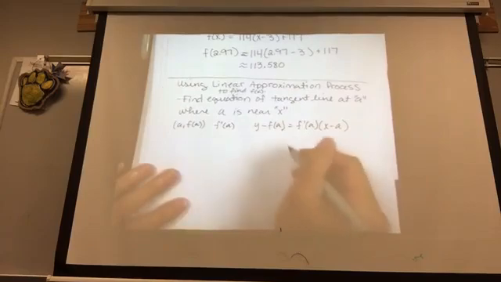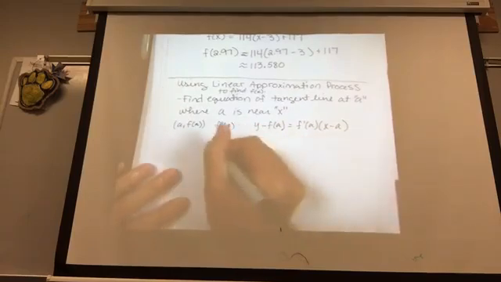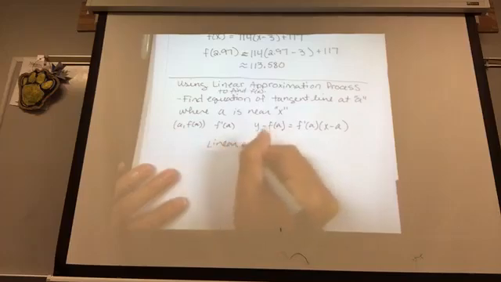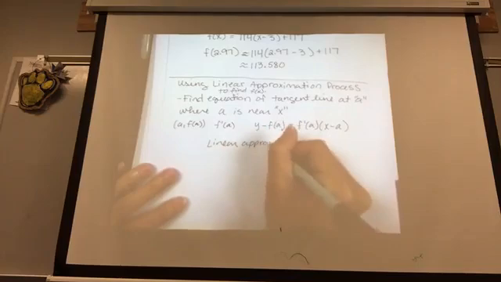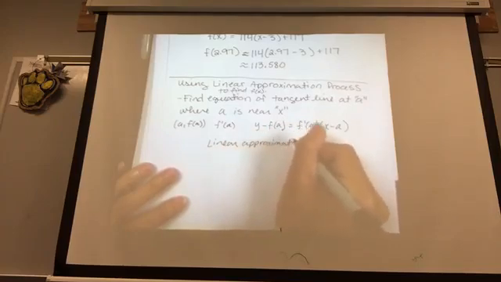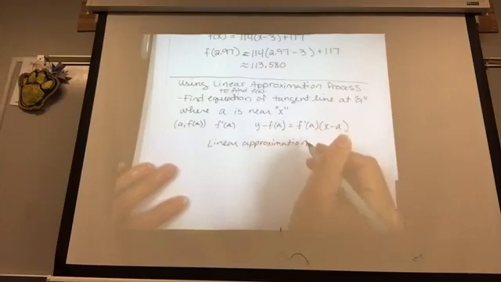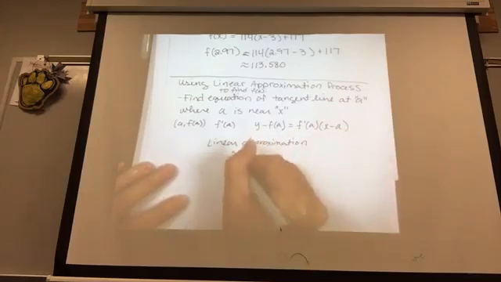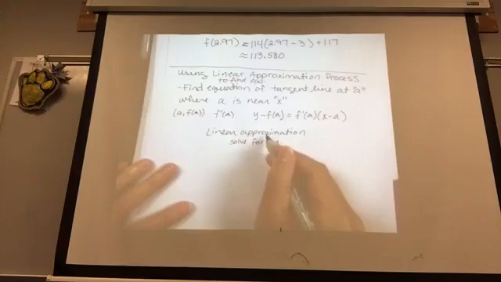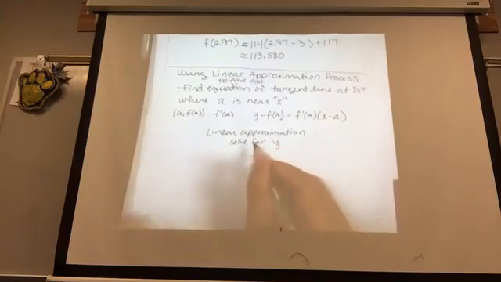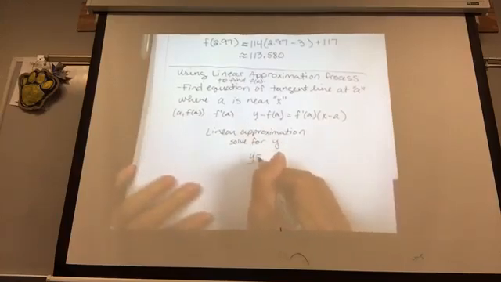And then to get my linear approximation, my answer, I guess you could say, we would solve for y. Solve for y from above, which would give us y equals,